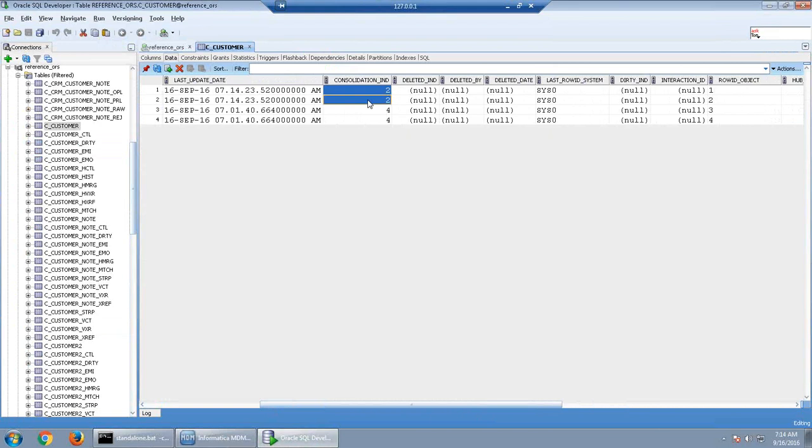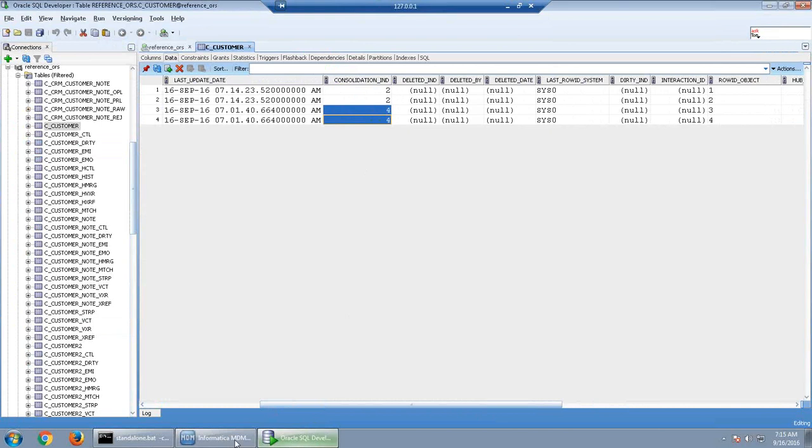Consolidation indicator value is 2 for 2 records, and for the other record it is 4. So when I ran the match process, MDM had picked only the first 2 records, and it matched them. But it didn't try to match these records. So if I run the match job again, now these 2 records will be picked up and they will be matched with the existing records in the system.